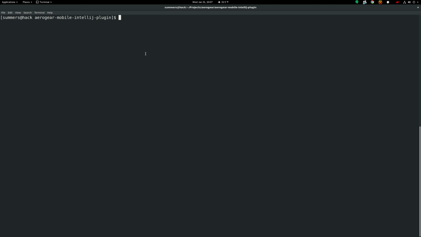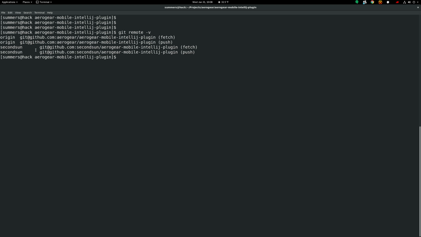So what I would like to do is demonstrate how to use the command line and Java debuggers to run the AeroGear mobile plugin for IntelliJ and Android Studio, as well as how to connect a debugger to it and step through the code. So I've cloned the repositories right here, and as you can see I've added my own